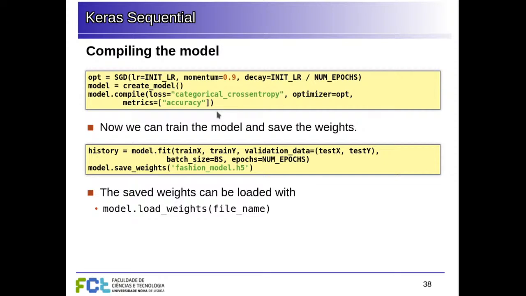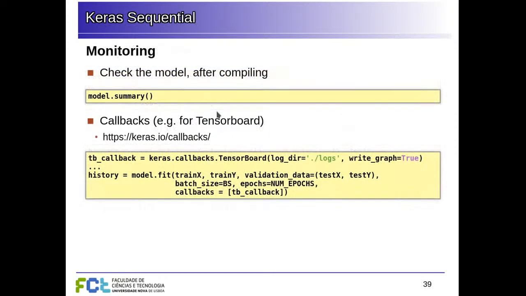You can also save the complete model, but I prefer to save and load the weights and generate the model programmatically, because if you save the whole model, sometimes there are issues with different versions of TensorFlow, and saving the weights is more robust to those kinds of problems of different versions not being compatible. You can also call this summary after compiling to see a description of your model, and you can add callbacks